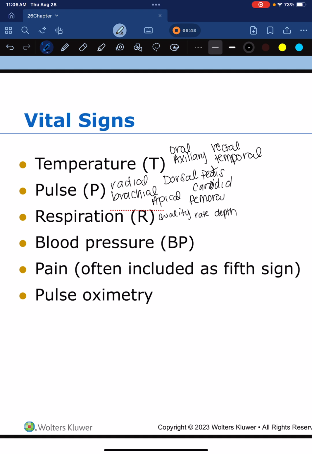Is that the same when someone has breast cancer surgery? If they've had a bilateral mastectomy, you can ask